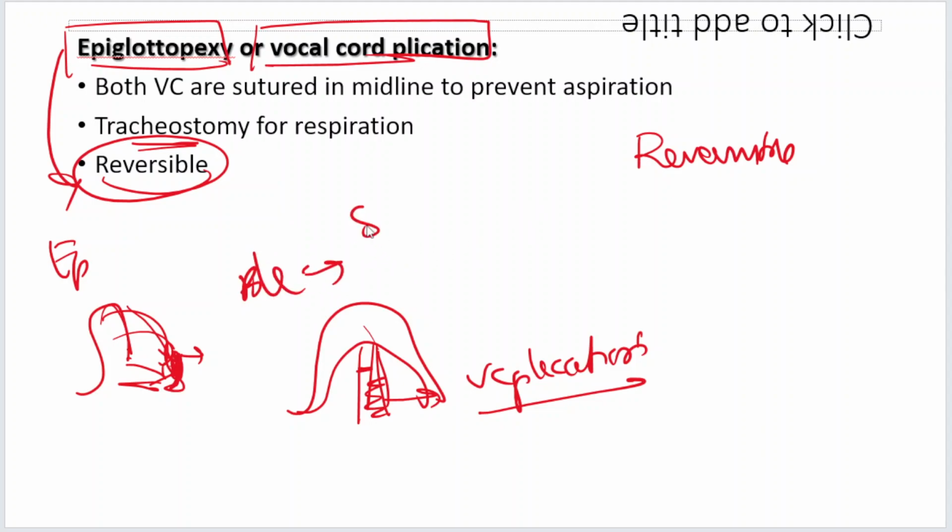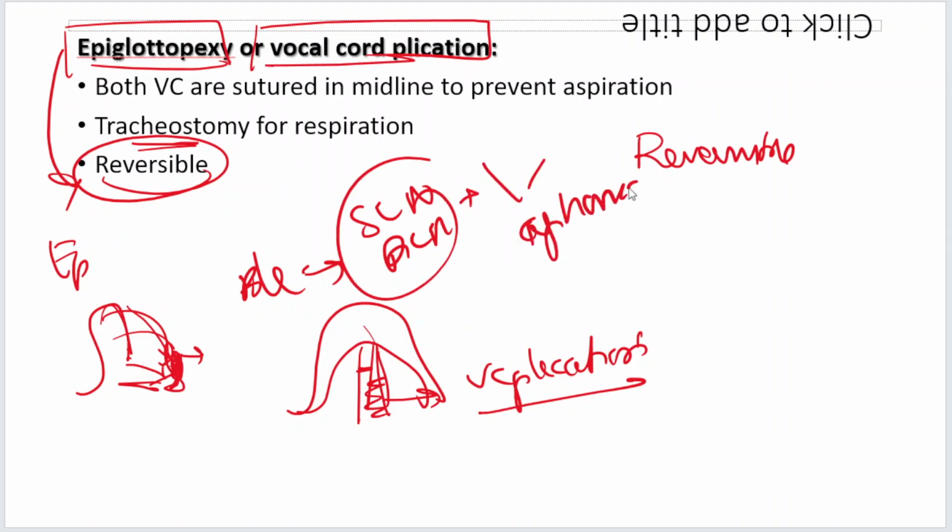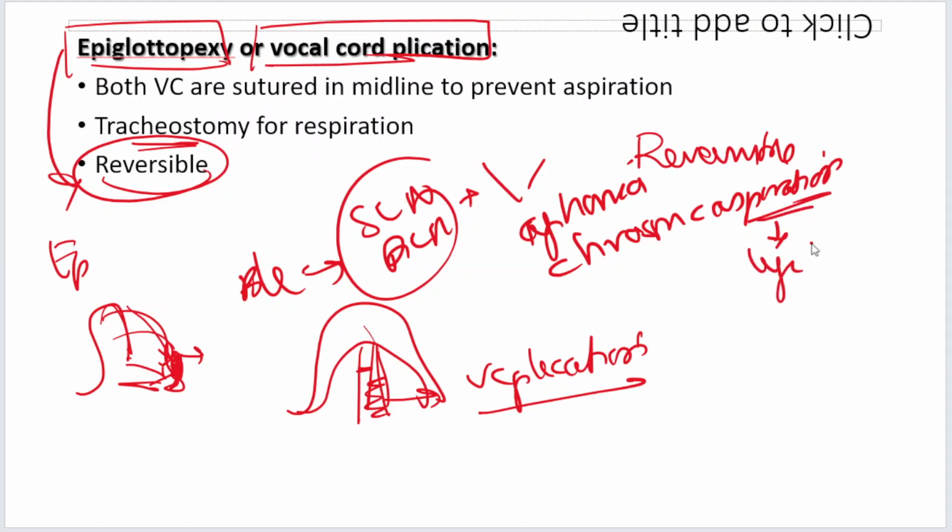Bilateral complete palsy: superior laryngeal nerve and recurrent laryngeal nerve of both sides are gone. Vocal cords are in cadaveric position. The patient is going to present with aphonia and chronic aspiration. Chronic aspiration is more of a problem, a life-threatening problem. So this life-threatening problem you are going to solve with tracheoesophageal diversion,